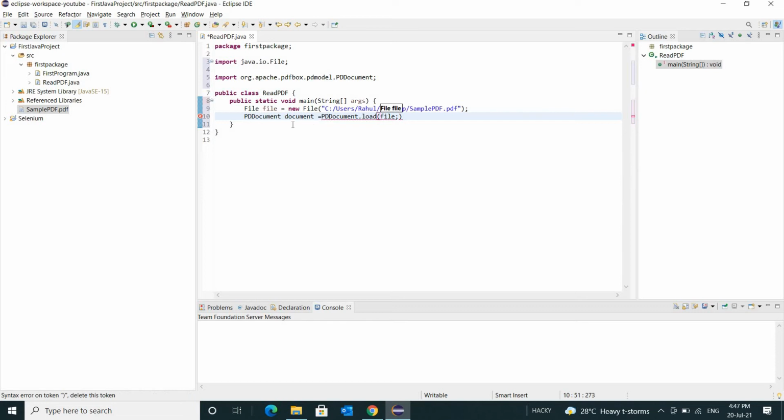See, I have created an object of PDDocument. We named it document. Then I use PDDocument.load, and I pass that file here.